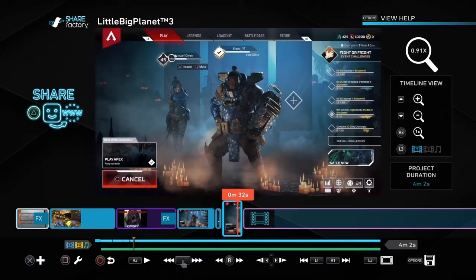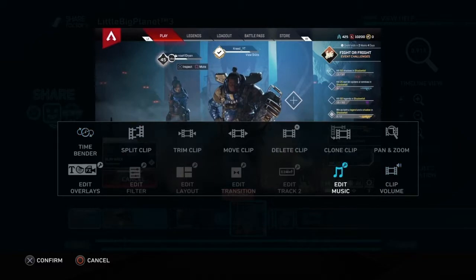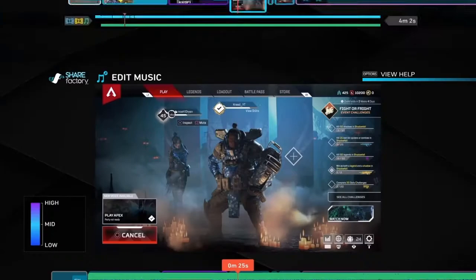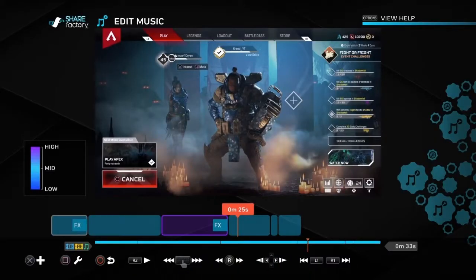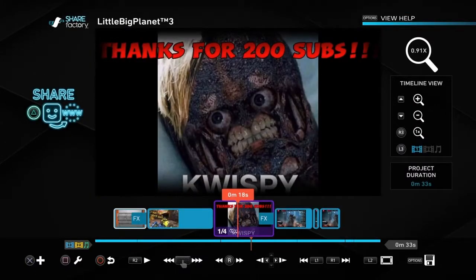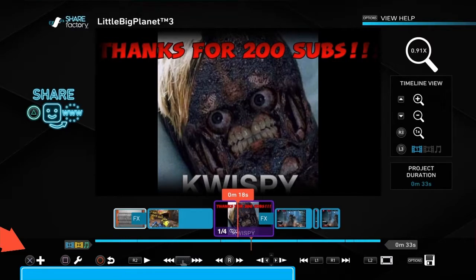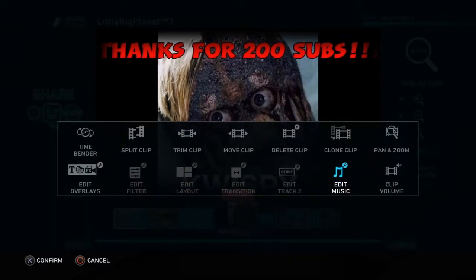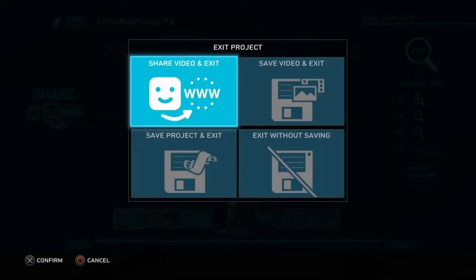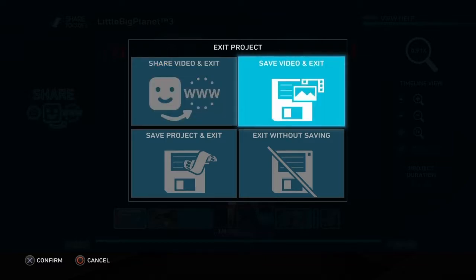Beautiful. And by simply pressing square, you have all your editing options. And let's say I do not want to keep my music. I can just go in here, use trim, move, delete, all that good stuff that you can use to take advantage of, and in this case I'm just going to delete it. As you see on the bottom, you got a huge row of different options. You got X, which is the add option, square, which is the edit option, and so on. Pressing O takes you to this screen, which is save video and exit, so you can start compiling your video,